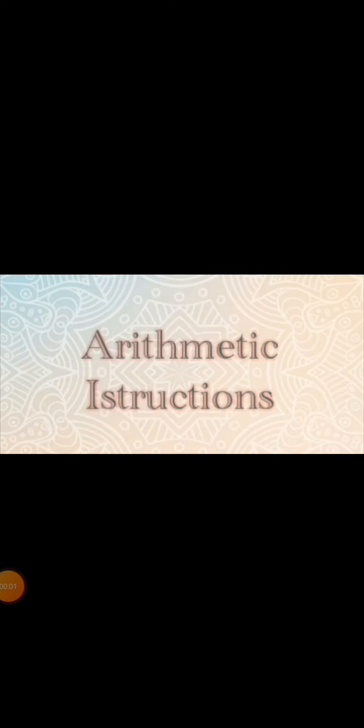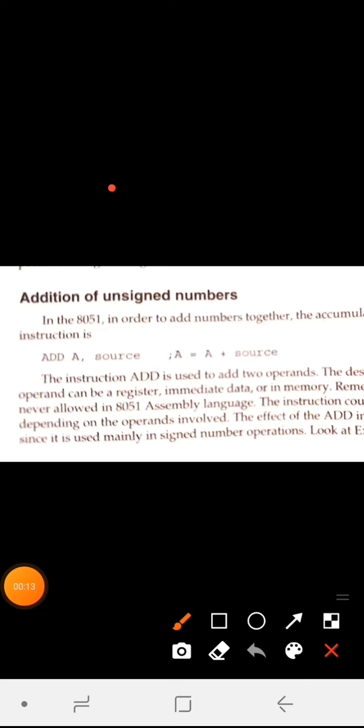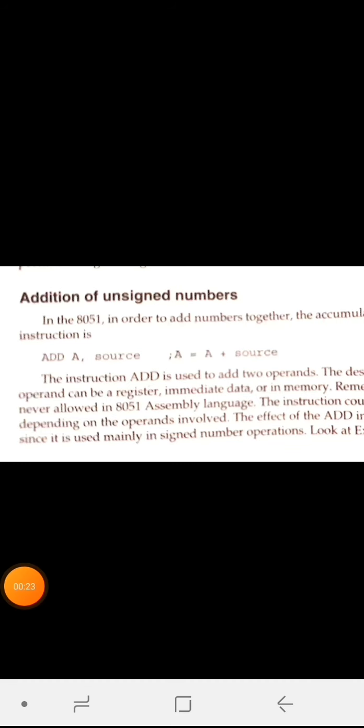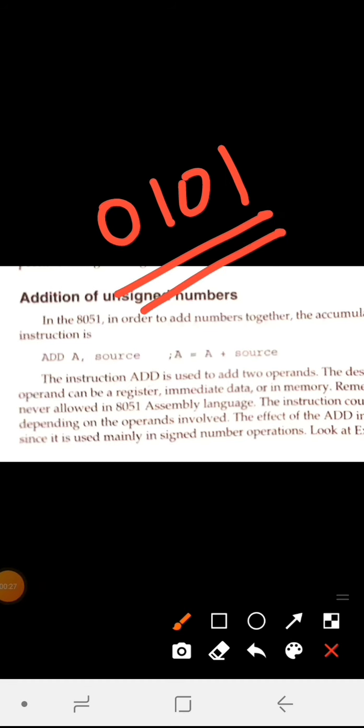In this session, let's discuss the next kind of instructions, that is arithmetic instructions. When we say arithmetic instructions, we mainly deal with unsigned numbers. Whenever we take any binary number, the MSB of that binary number is stored to say the type of the number, whether it is a positive number or negative number. When we say unsigned number, the whole bits we are using in that number will be treated as data. All the 4 bits will be treated as data.